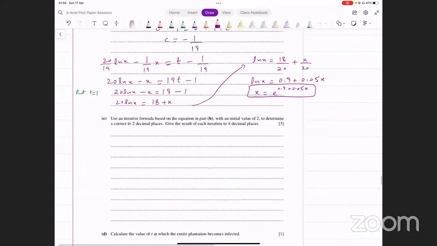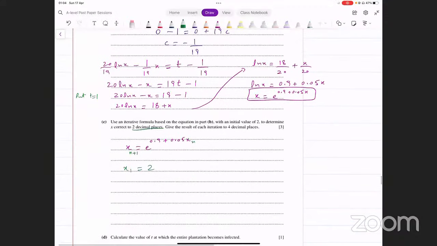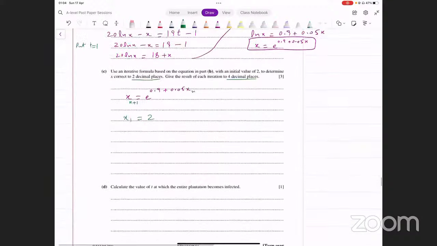Equation is x equals e power 0.9 plus 0.05x. Iterative formula क्या हो जाएगा, लेफ्ट साइड पे आपने n लगा देना, n plus 1, और राइट साइड पे आपने n लगा देना x के साथ। ठीक है, ये आपने यूज करना है। इनिशियल वैल्यू ऑफ 2 उसने आपको बता दिया, आपको x1 क्या लेना है, x1 आपको लेना है 2। ठीक है, यूज दिस फॉर्मूला, मेक श्योर दैट यू टेकिंग केयर ऑफ द नंबर ऑफ डेसिमल प्लेसेस और उनकी राउंडिंग ऑफ सही करनी है, लास्ट डेसिमल प्लेस आपने राउंड ऑफ करके लिखना है।